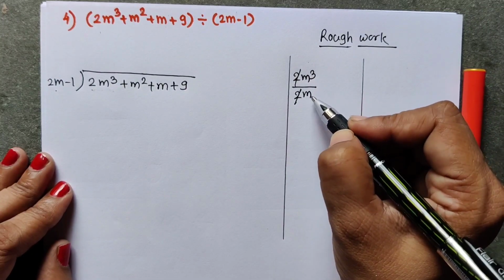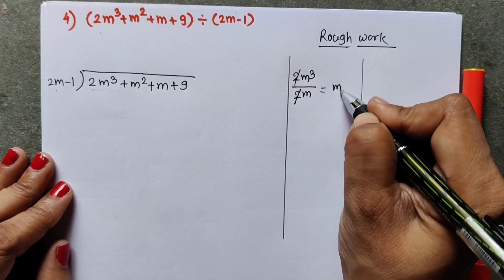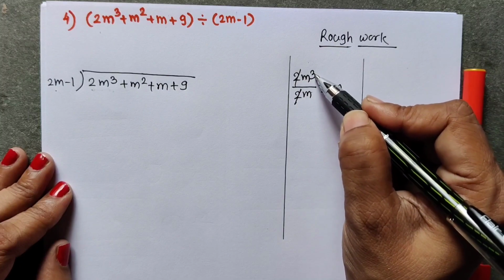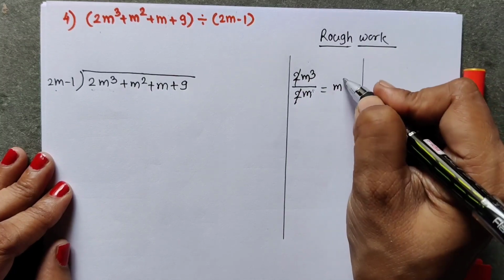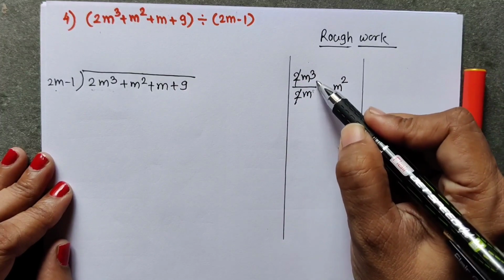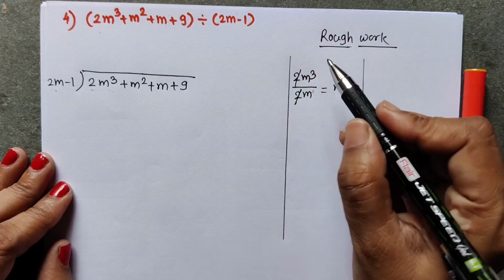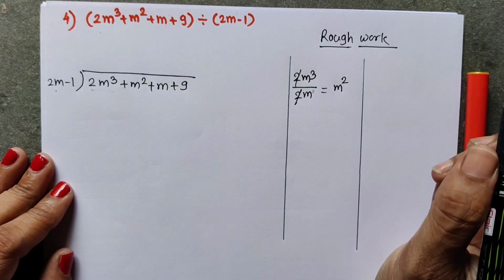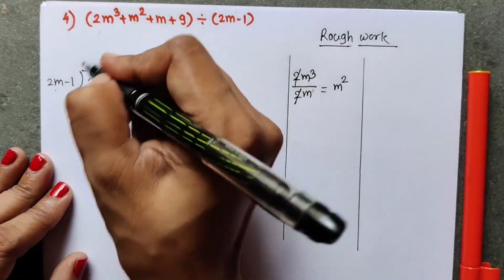When we divide the polynomial, we write the variable one time, and what we do, we subtract the indices. So 3 minus 1, nothing is there means 1 is there. 3 minus 1 is 2. Or you can see that m cube means m into m 3 times. 1m getting cancelled with 1m. So 2m remaining, 2m means m square. In that way also you can do it. Now this m square we write in the quotient.